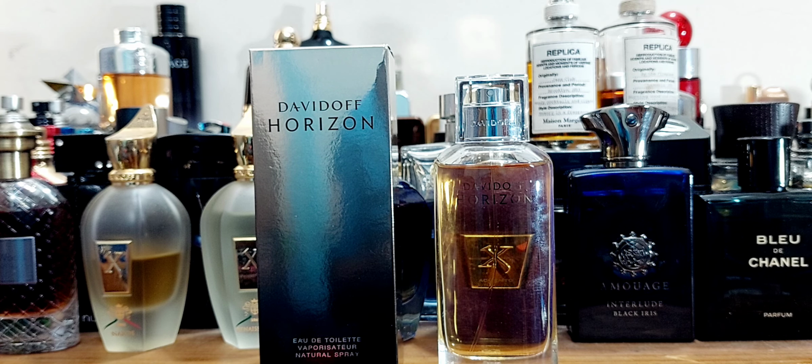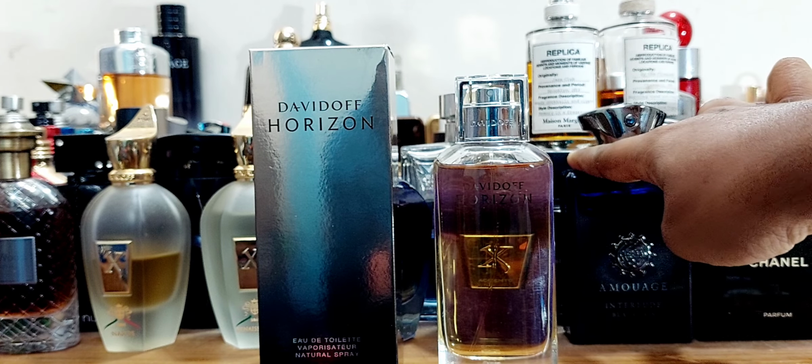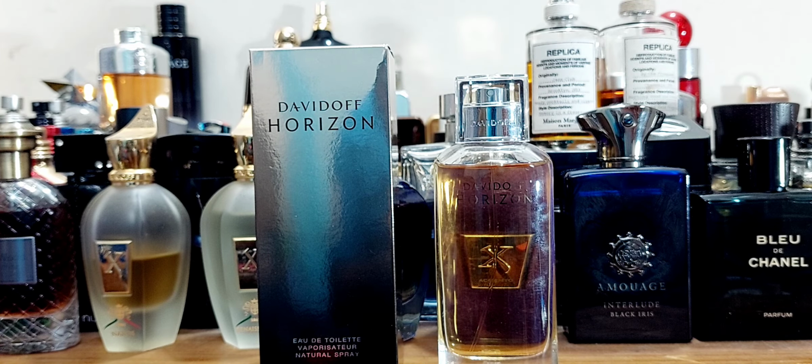It's an interesting opening. You can wear this all year round, I think, but in a little bit cooler setup it would be better. If you have air conditioning going on, great. But in high heat, this one may bring out the spices too early, and at that point you may feel it's not the right weather to wear it. But in the transition period between summer and winter, you can pull this off. In the winter you can pull it off too, but it will feel like a freshie because of